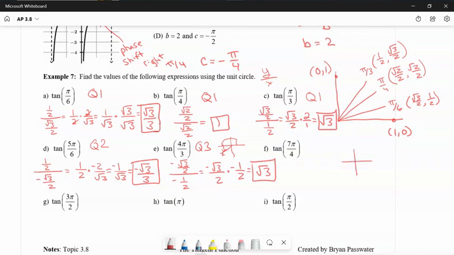For 7 pi over 4, I'm thinking 8 pi over 4 would take me all the way around to 2 pi, but we're not going quite there. So I'm going to stop short of that 2 pi, and that means I'm in quadrant 4. So here my y is going to